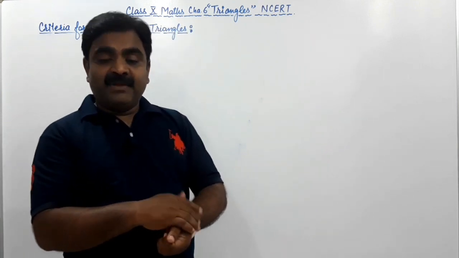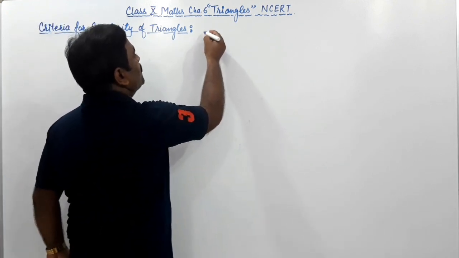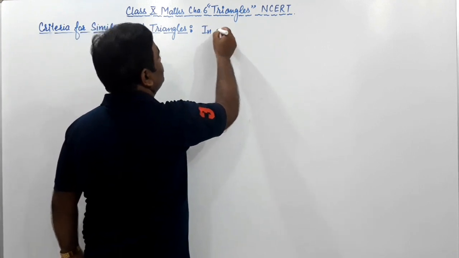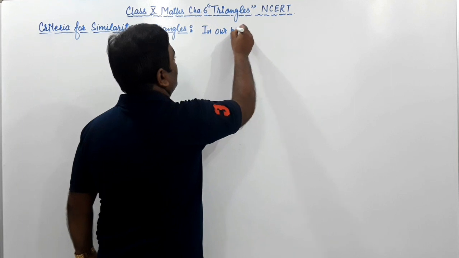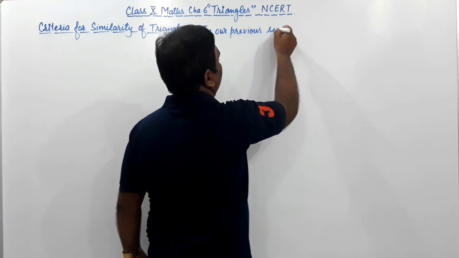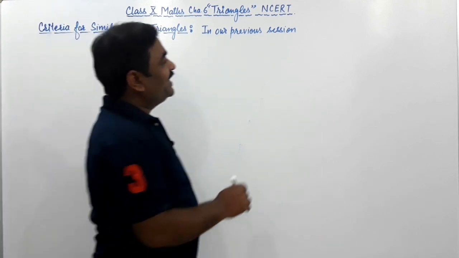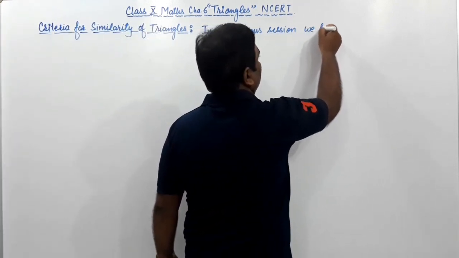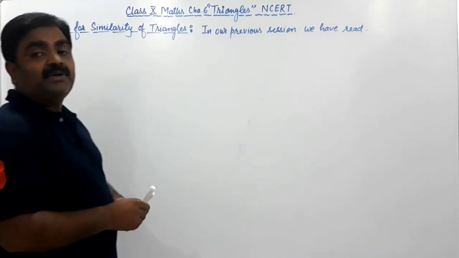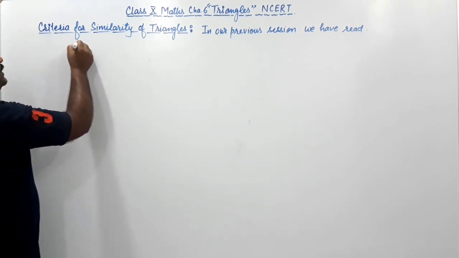What we have read in our previous session, we have discussed when two triangles are similar. We have discussed that two triangles are similar